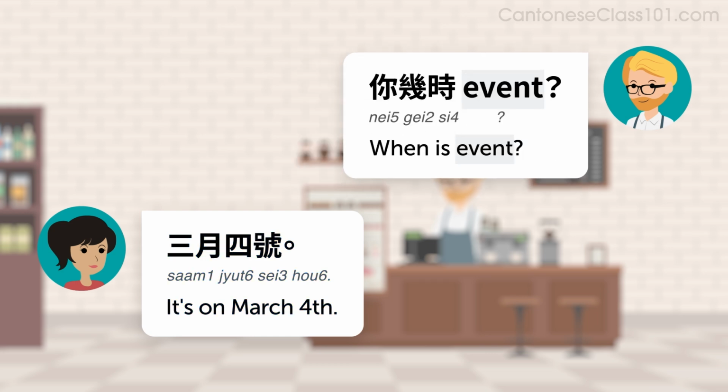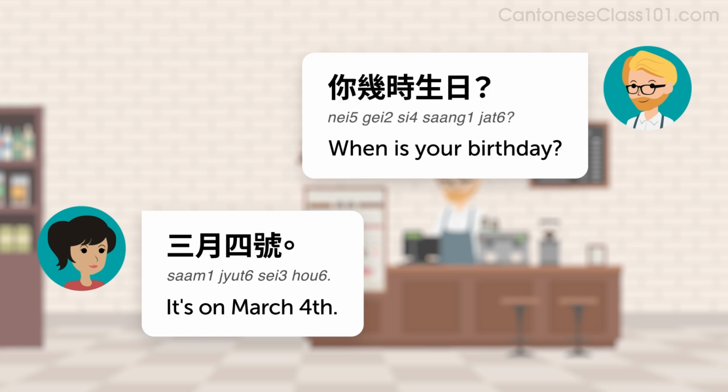First of all, you'll need to learn how to say, when is event? The pattern is 你幾時？ event. This Cantonese sentence literally translates as, you when event, but it means, when is event? For example, when is your birthday? 你幾時生日？